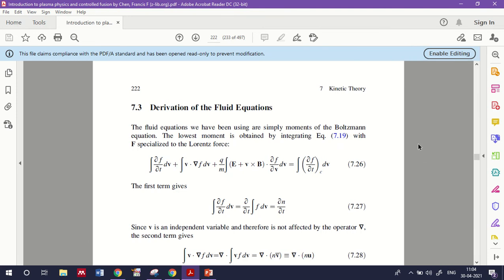So today we are here to discuss the derivation of the fluid equation from the Boltzmann and Vlasov equation. So in the last class we studied about